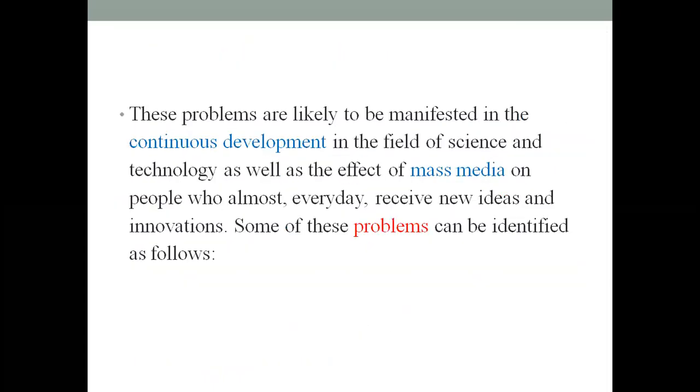So, in this lecture we are going to talk about two main things. The first one is the main problems of scientific translation, and in the second part, we are going to investigate the main strategies that can be used in scientific translation. To start with the main problems, actually,